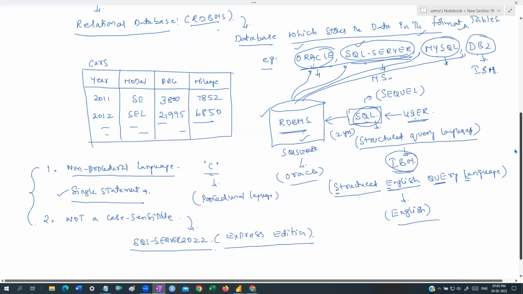There are some softwares required. I'll tell you which softwares you have to install. Two softwares are required to work with SQL Server. One is the SQL Server Database Server. The other is a management tool. What is Management Studio? I'll tell you about SQL Server Management Studio. With these two tools, we'll install them, connect to SQL Server, and work on it for almost one week, guys. Then we'll move to the Power BI concepts.